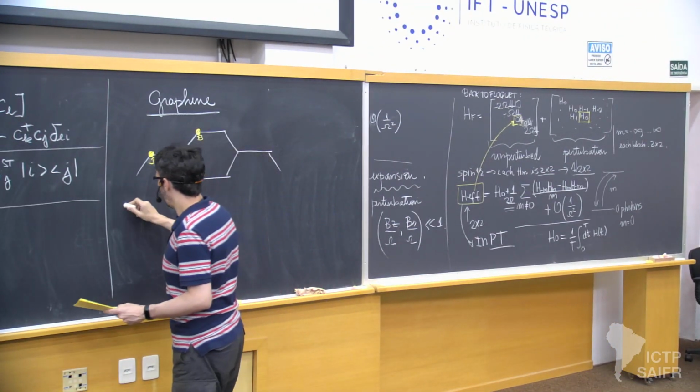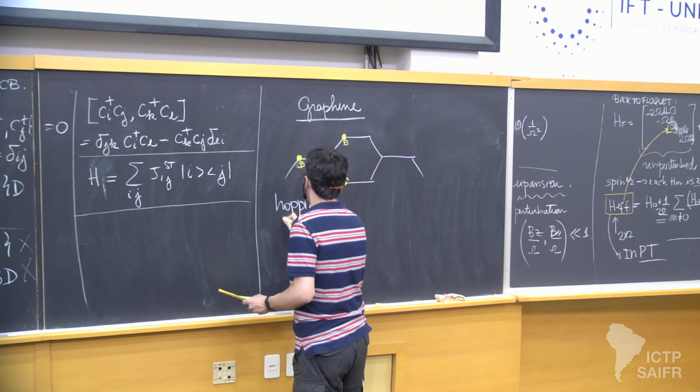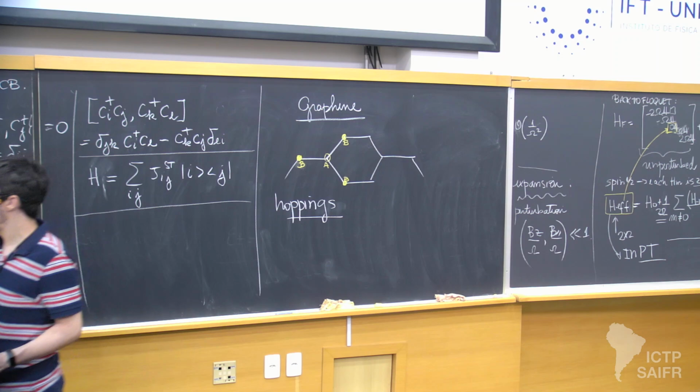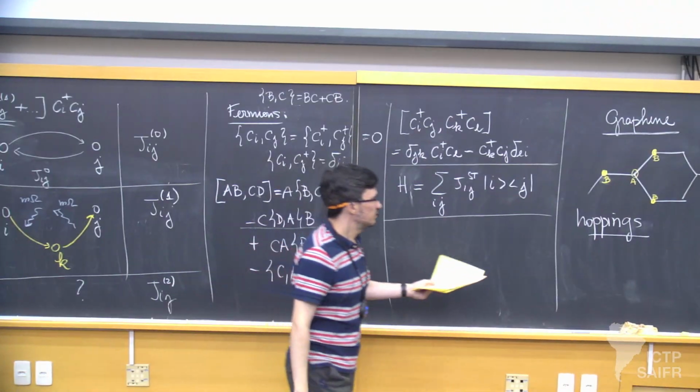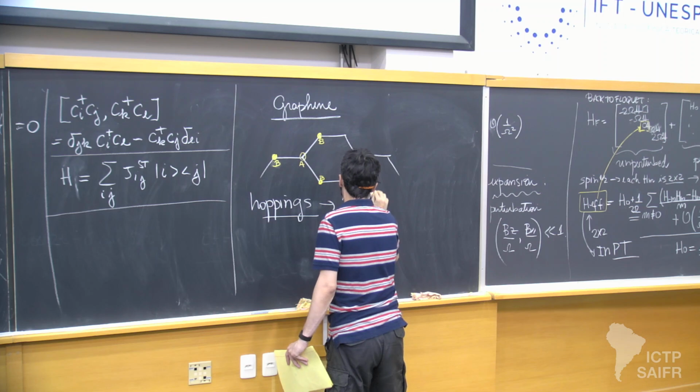And for now, I will change notation. I had these J's before, because I was trying to be very general with J, IJ, and so on. But for graphene, we have nearest neighbor hoppings,